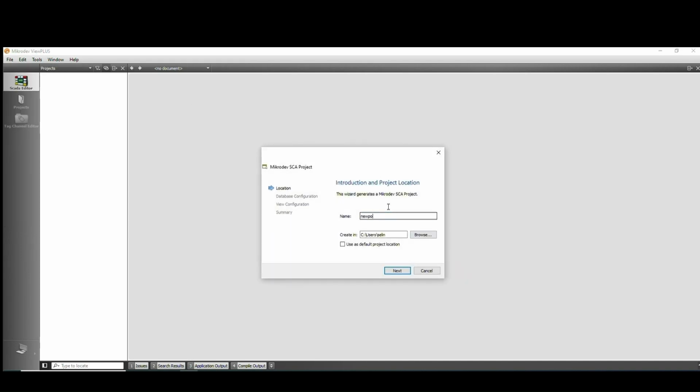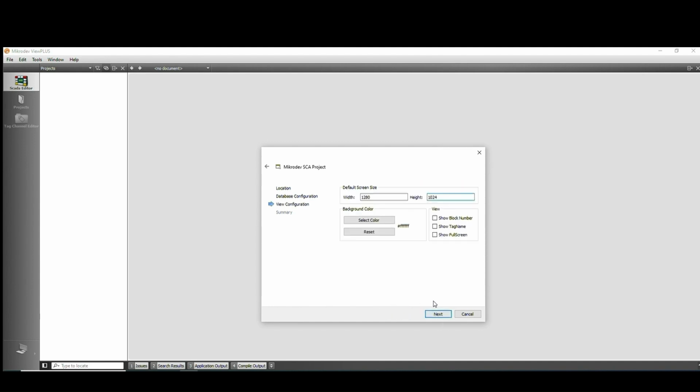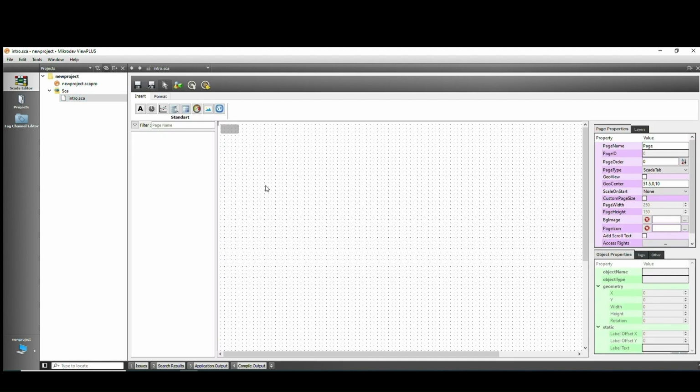Let's continue with the project creation phase by entering the user password into the Data tab. On the screen that appears, you can adjust the width and height parameter settings of the SCADA page. When we click on the intro page, the project design screen appears. On this screen, you can create the design you want using library components.